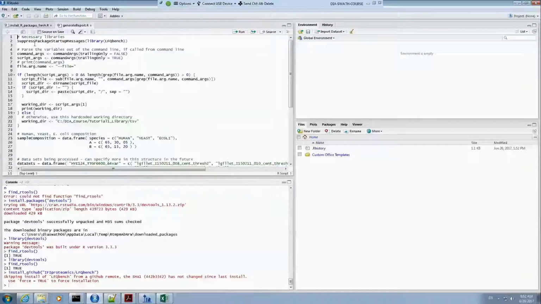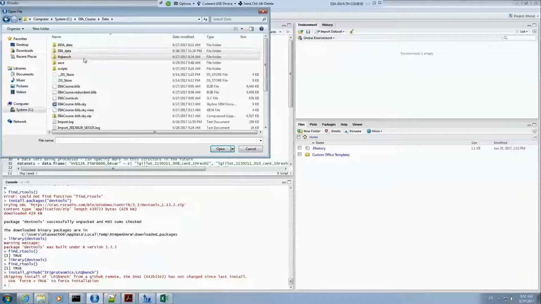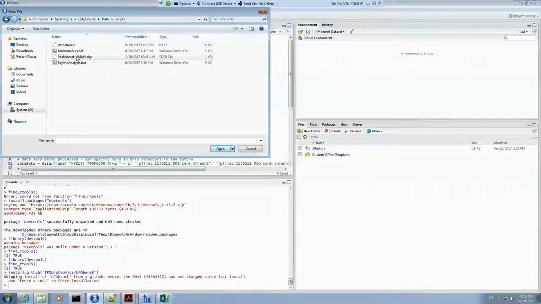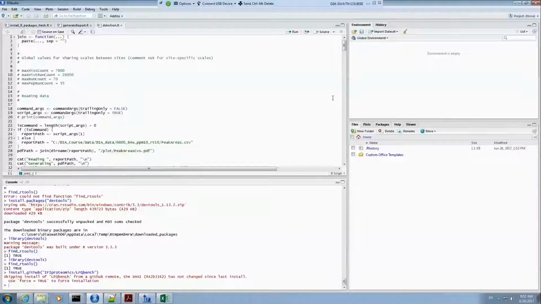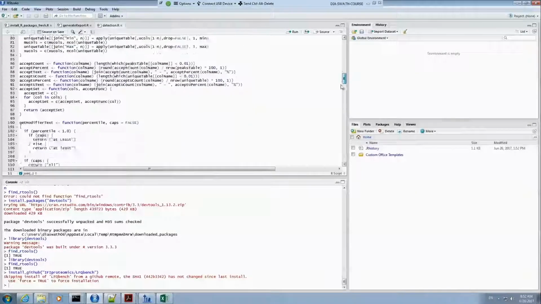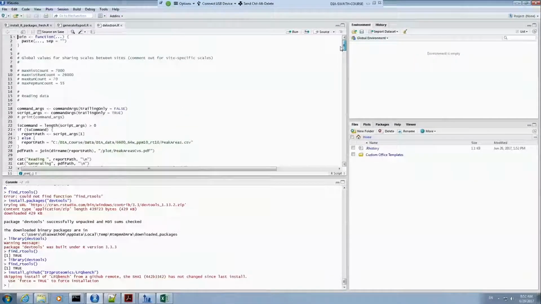But what I'd prefer to focus on is to open the script in scripts. So this is my peak areas human.report. So I created my own report. I have this detection.r. It's a pretty extensive script at this point. It's something I created while working with Ben's pan-human data, but it started really simple. And it provides a framework that you could use too. So you could grab this script and rip out its guts, and then you could